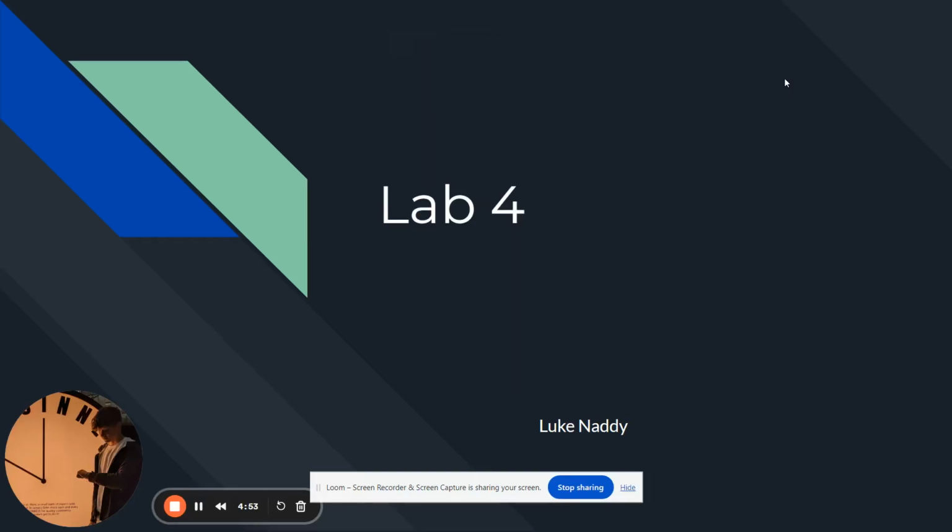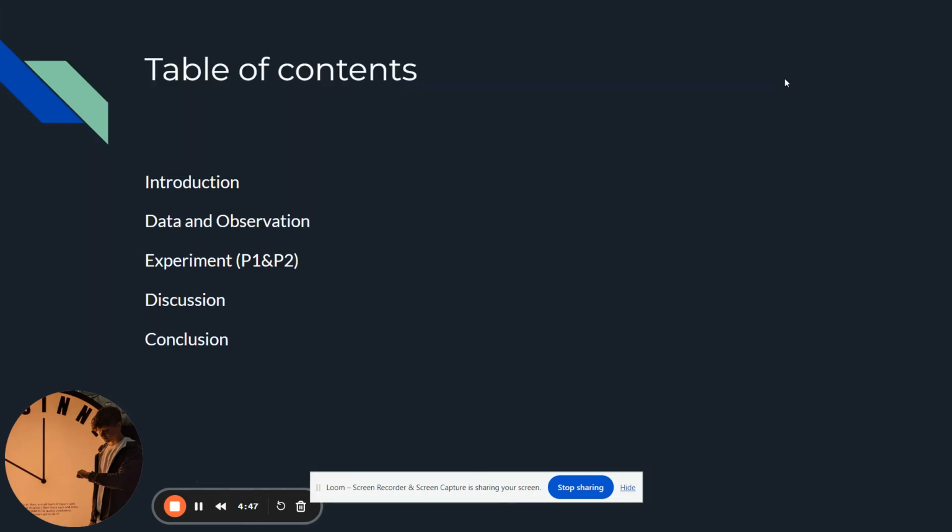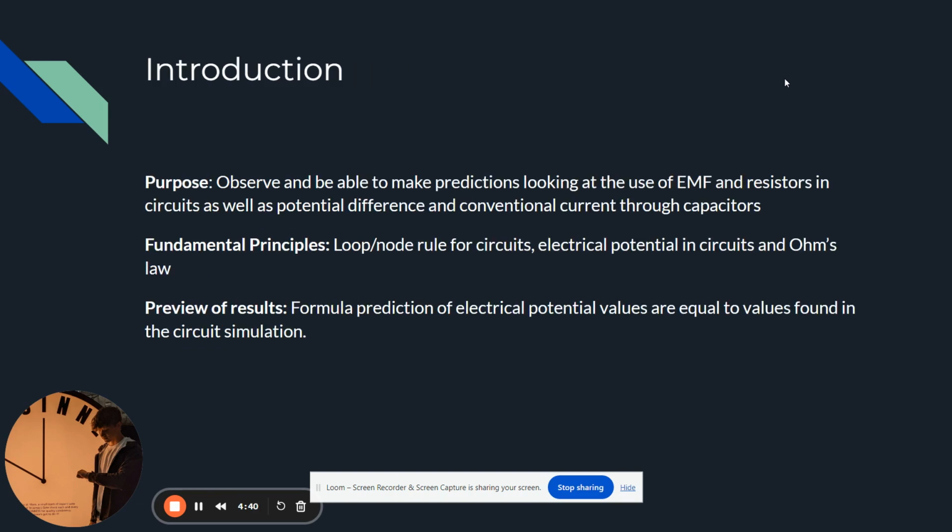All right, this is my Lab 4 looking over circuits, resistance, current, and ammeters. Table of contents: we've got the introduction, data and observation, experiment, discussion, and conclusion. So in our introduction, the overall purpose is to observe and be able to make predictions looking at the use